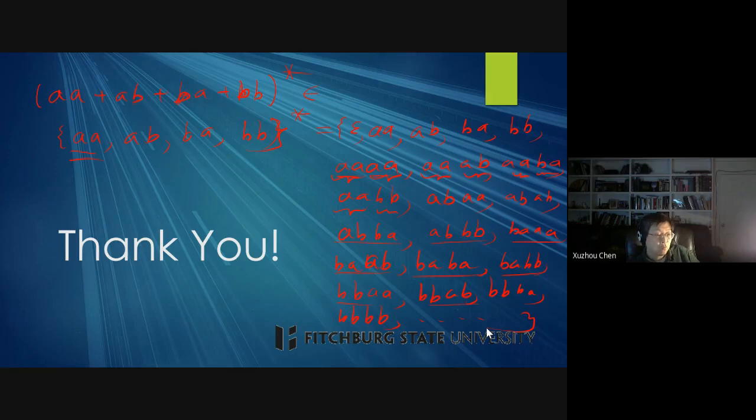If you want to know more about this area, then I think theory of computation is the course you can take to get more into this area. I think that's pretty much all I want to cover for the finite automata. So the next part we're going to talk about is